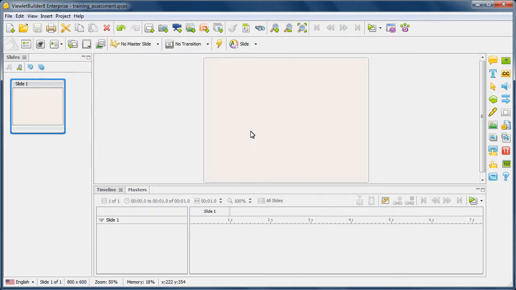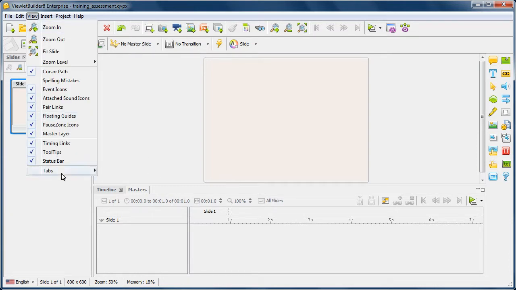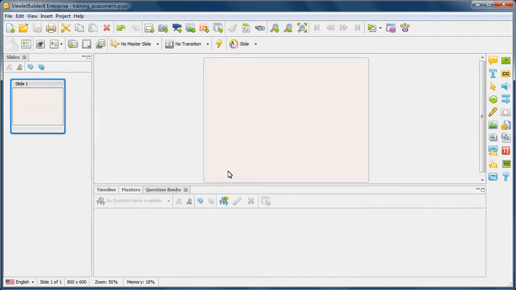In this video, let's take a look at the basics of creating question banks in our Viewlet project and then populating them with question slides. If you don't see your question banks tab loaded down here, go up to the View menu, select Tabs, and then select Question Banks. With the Question Banks tab selected, go ahead and click the icon to add a question